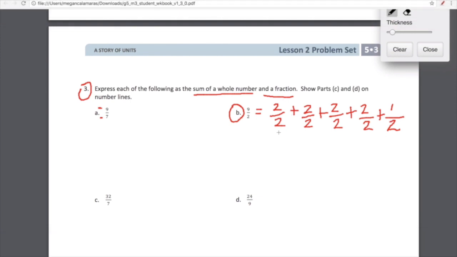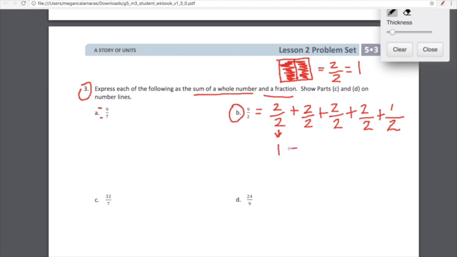You are probably already thinking about the fact that we can now rename 2/2. Another way that we can think about 2/2, and let's think about those squares that we were looking at yesterday. If I have 1 whole square and I divide it into 2/2, and we're shading both halves, how much shaded square do we have? Well, we have 2/2 of a shaded square. We also have 1 whole shaded square. Wow. So we can rename 2/2